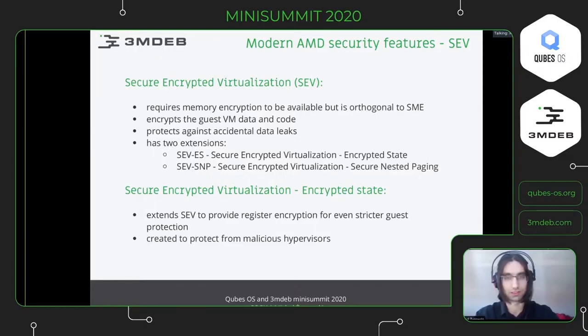It is used to protect against accidental data leaks from the guest to the hypervisor. It has two additional extensions, SEV-ES, the encrypted state, and SEV-SNP, the secure nested paging. SEV encrypted state extends the simple SEV to provide additional protection by encrypting the architectural registers for even stricter guest protection. It was created to protect from malicious hypervisors.